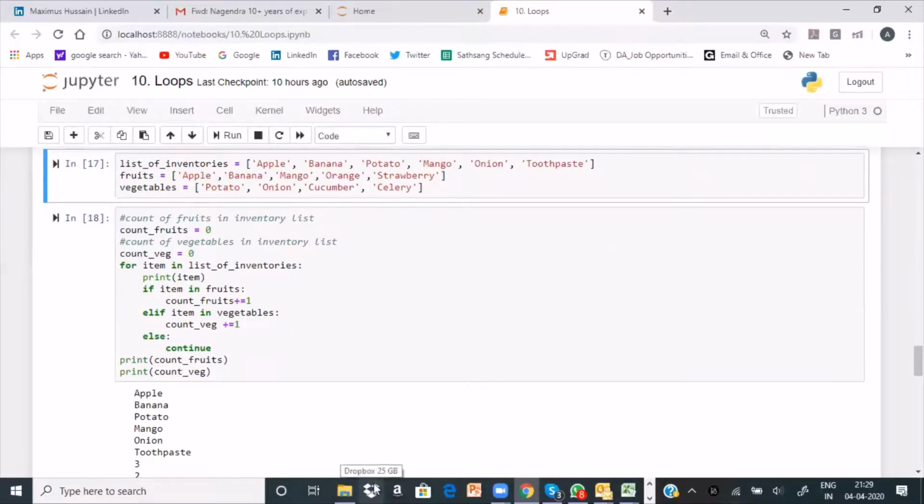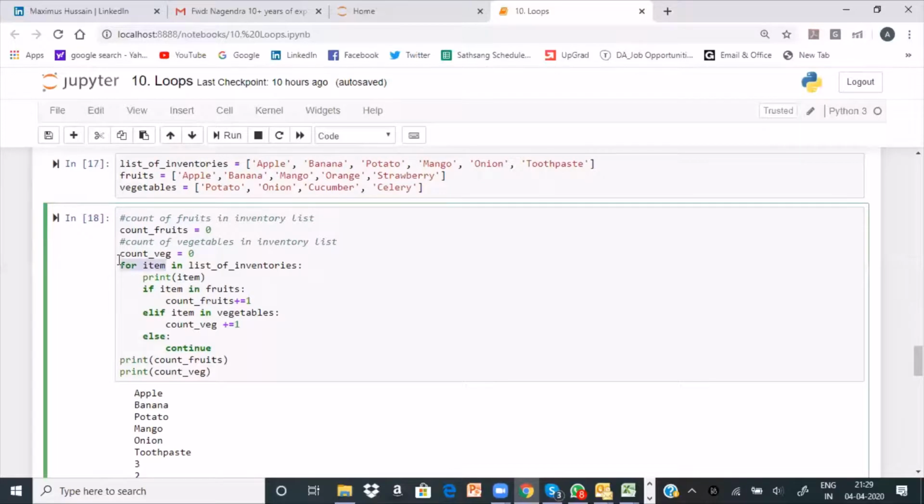Again, it is the same thing which I wanted to show you. The only difference is that you have seen for alphabet, for number. Here is a for item. See here, for item. Yes, the vowel set is case sensitive. It's up to you how you define it.